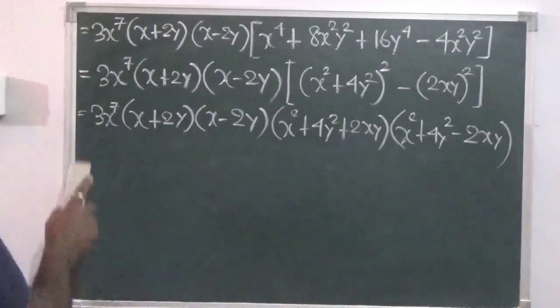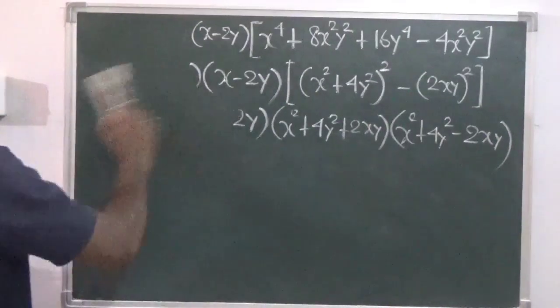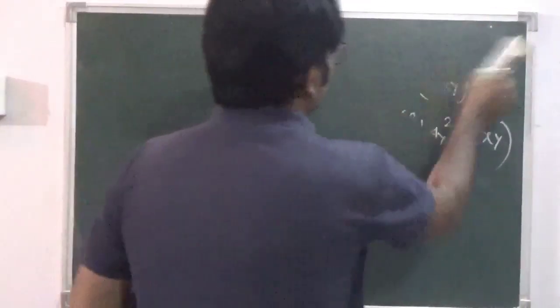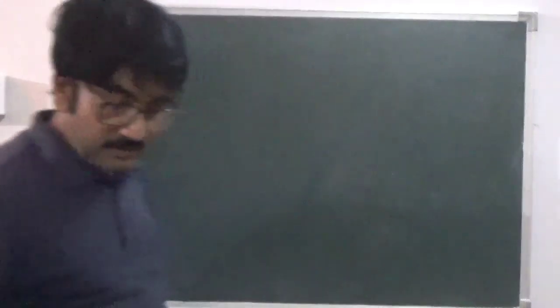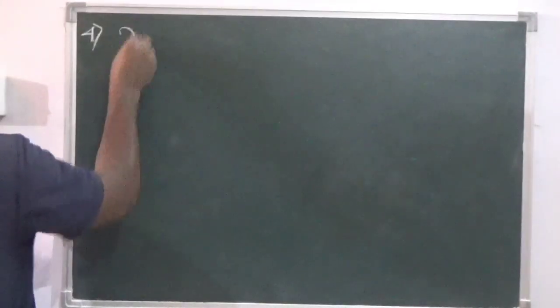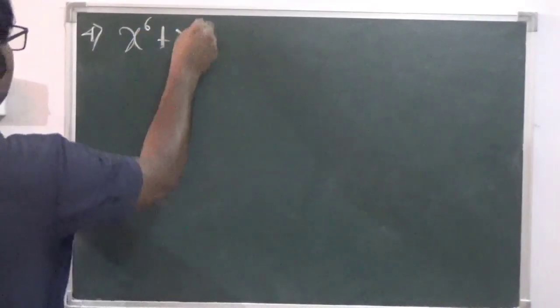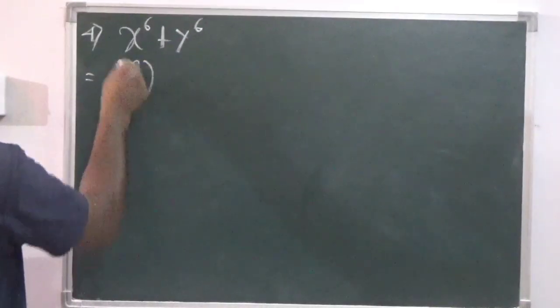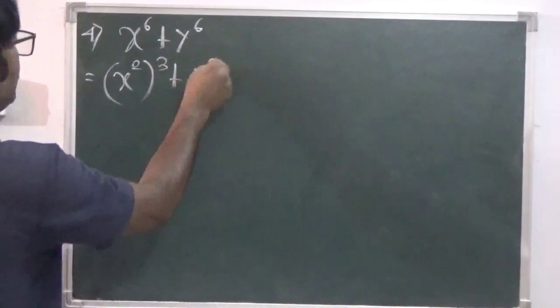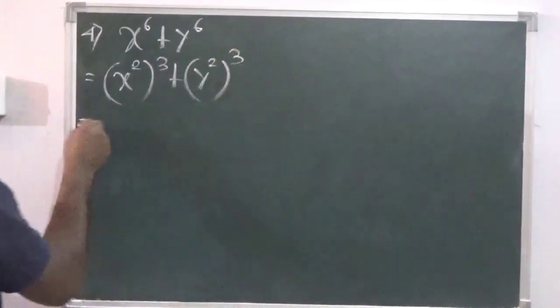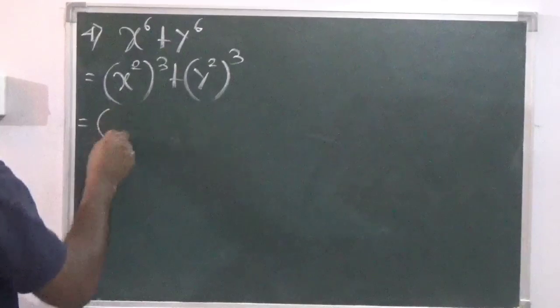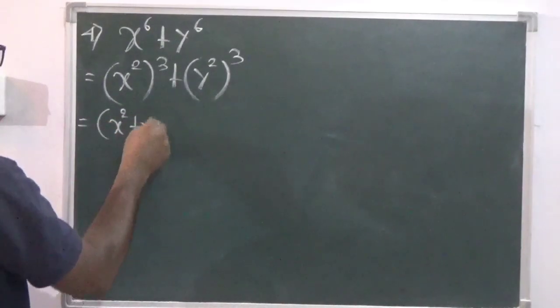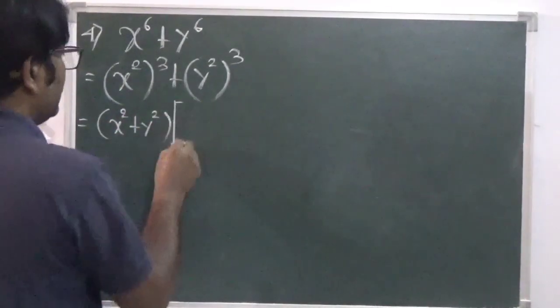This is question number 4. X to the power 6 plus y to the power 6. So you can write it as x square power 3 plus y square power 3. So this is a cube plus b cube, this is a plus b, x square plus y square into a